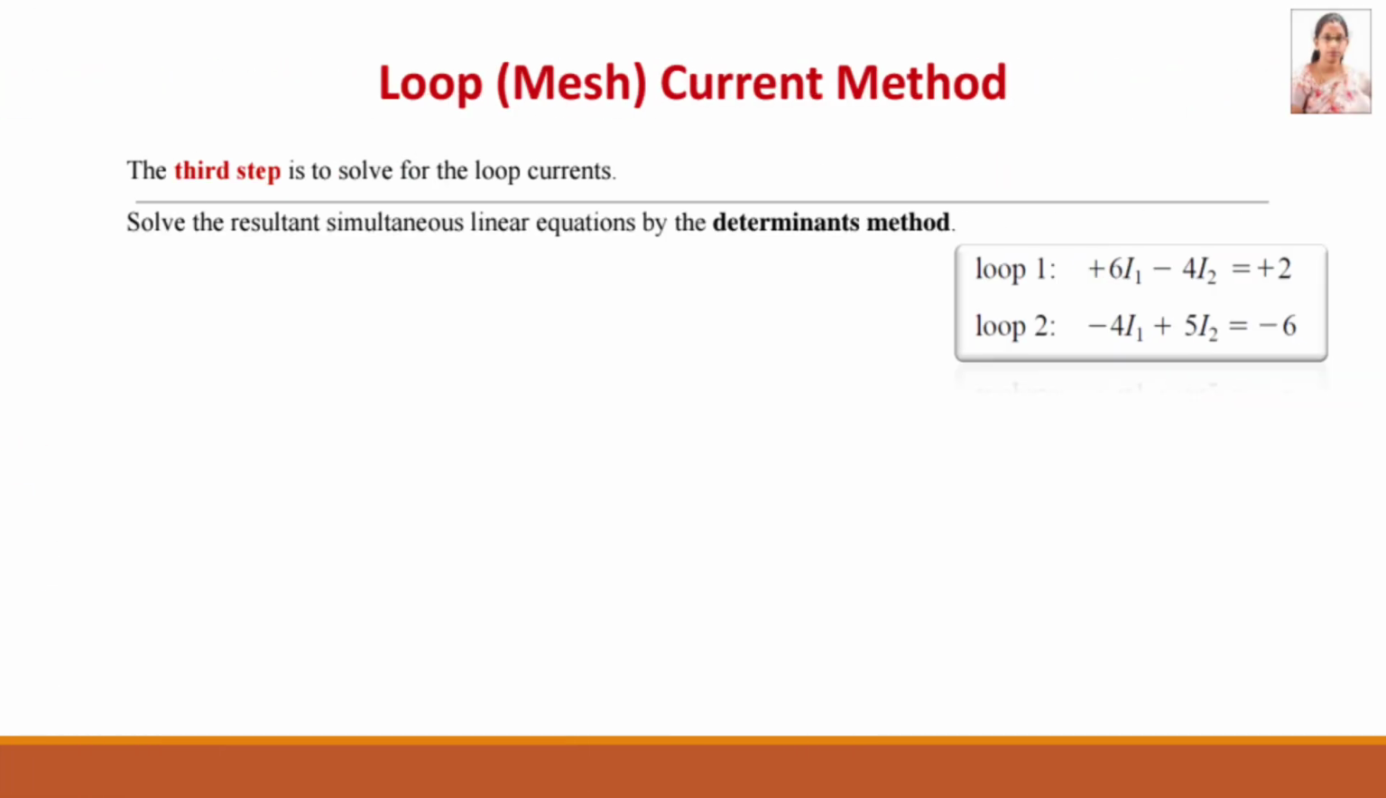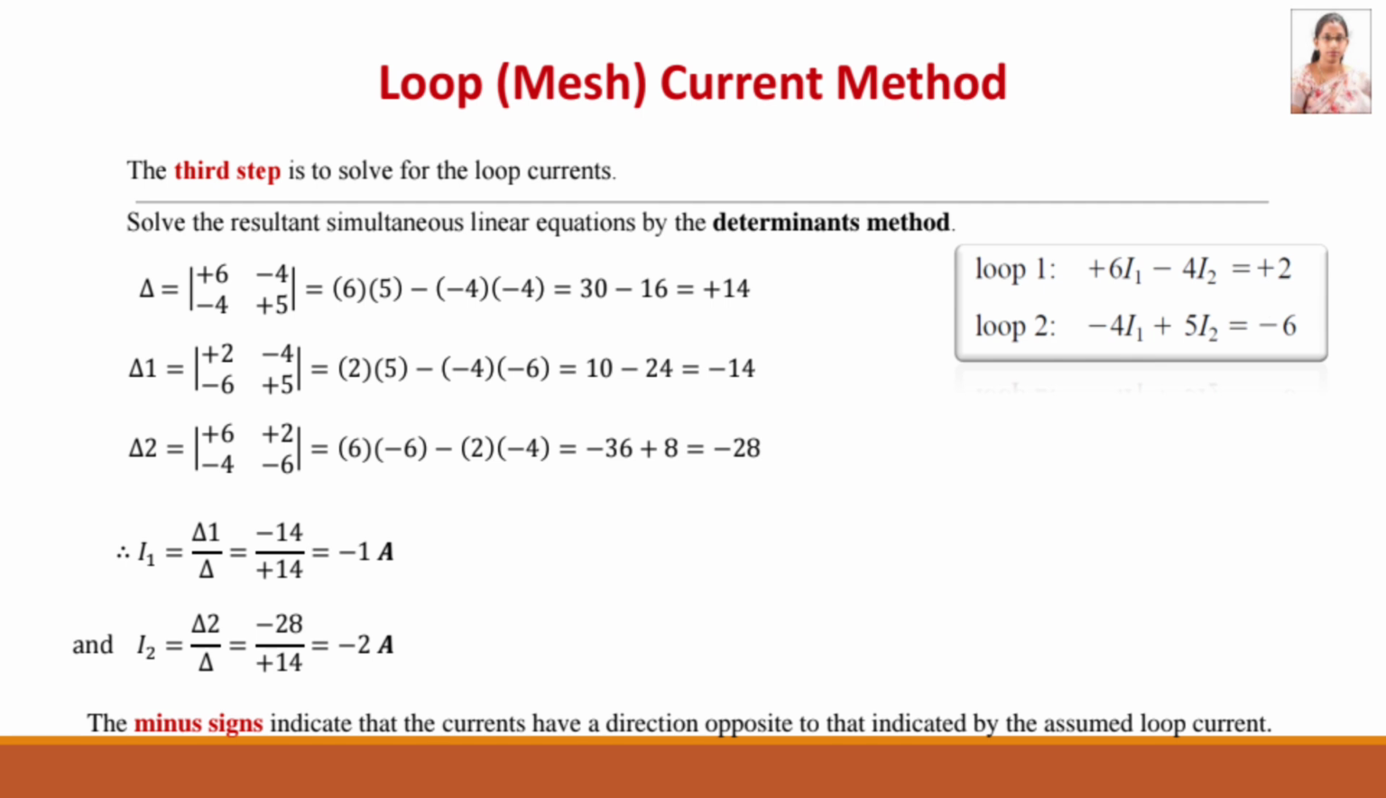So we have two simultaneous linear equations. These can be solved by any method, matrix method or determinant method. In this video we are using the determinant method. First of all we have to calculate the determinant. The loop 1 equation is 6I1 minus 4I2 equal to 2 and the loop 2 equation is minus 4I1 plus 5I2 equal to minus 6. So the determinant is